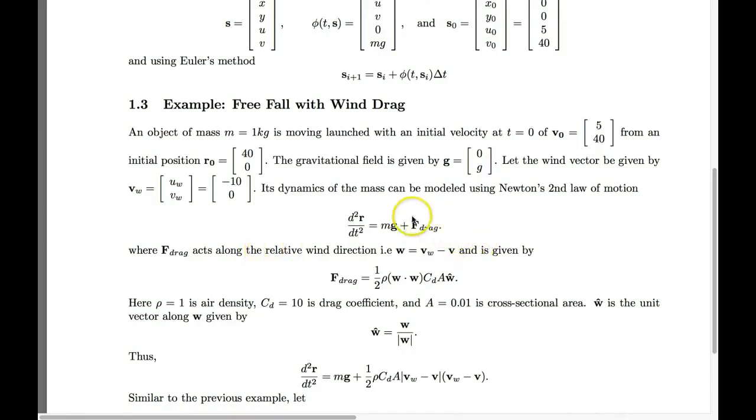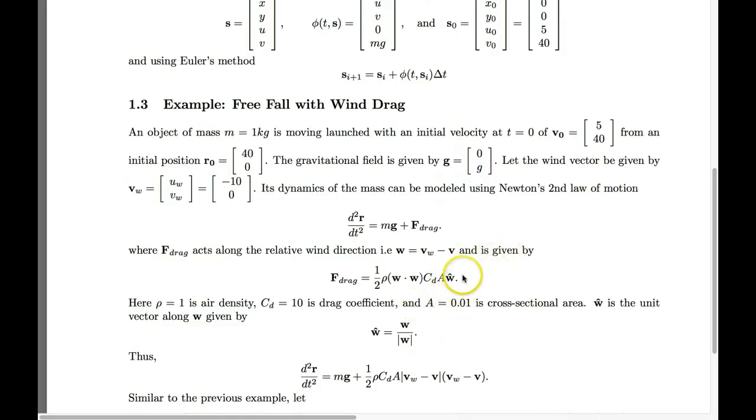determine the drag force. So we find first what is the relative wind velocity vector, which is the wind velocity vector minus the velocity of the object, and then this is what we use to find out the drag force. It's half rho w squared, which is the velocity squared, times the drag coefficient times the area. And this is a unit vector that is just saying that this drag force is directed in the direction of